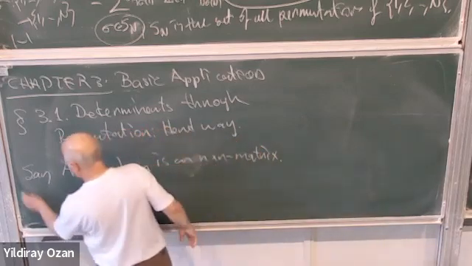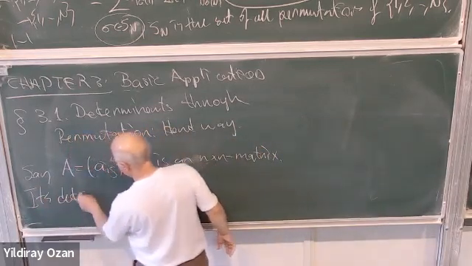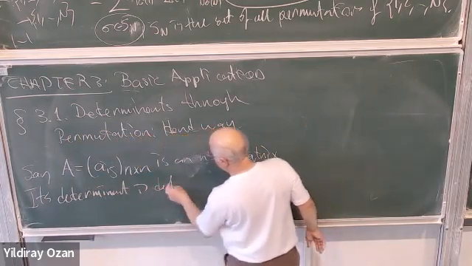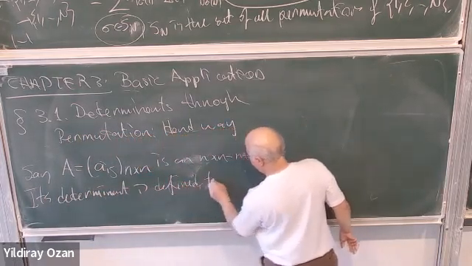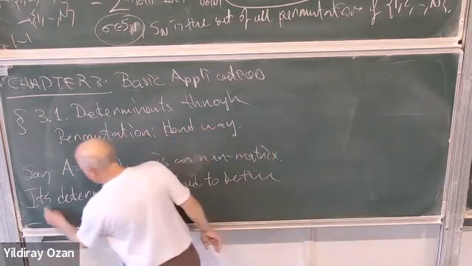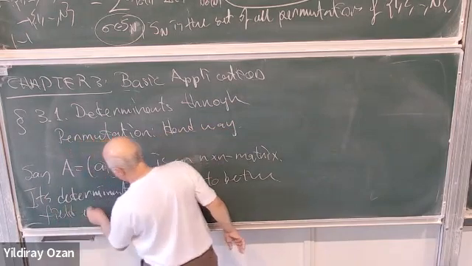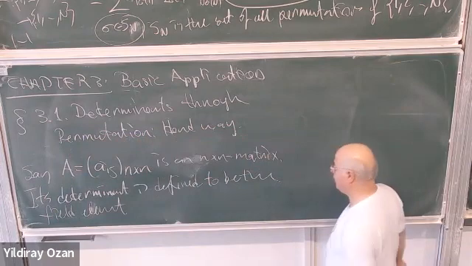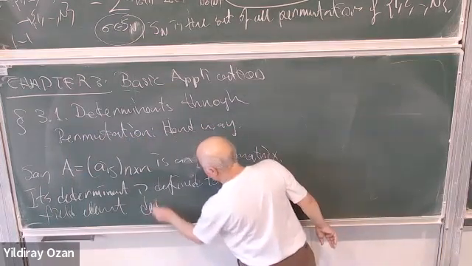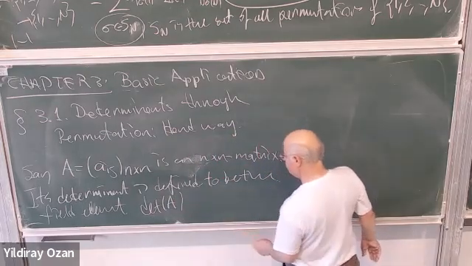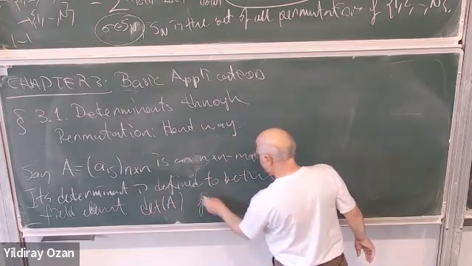Its determinant is defined to be the field element, determinant of A, given by